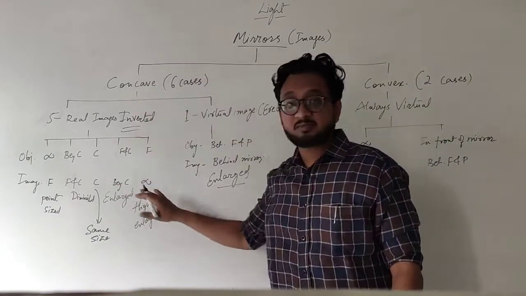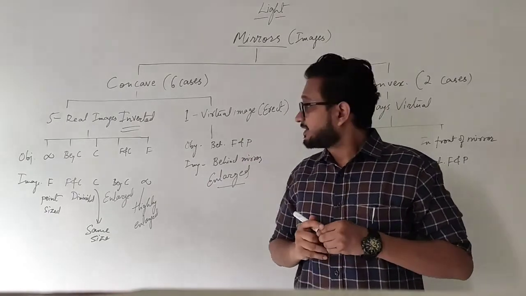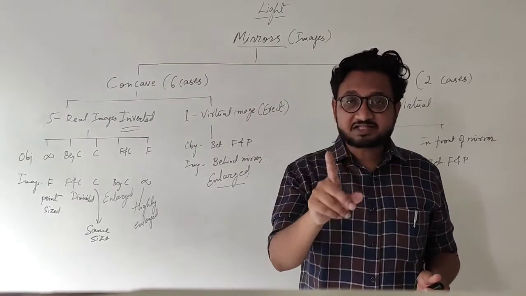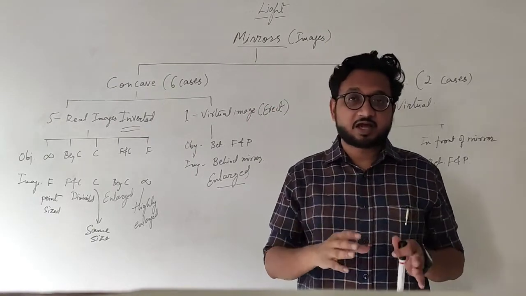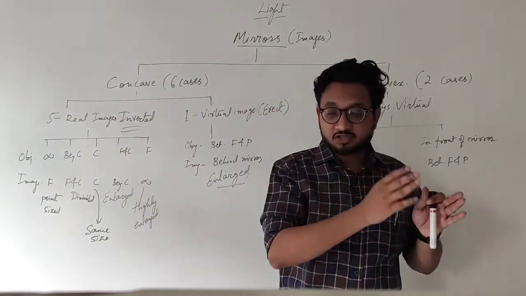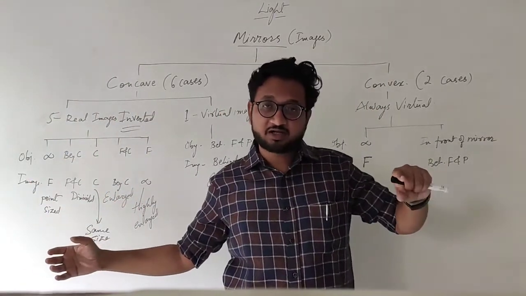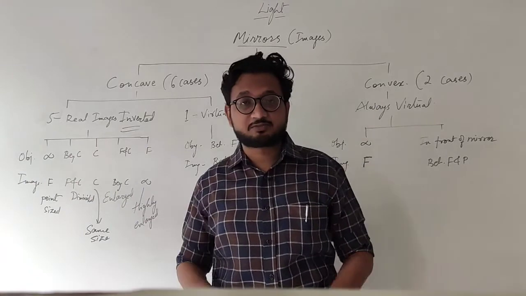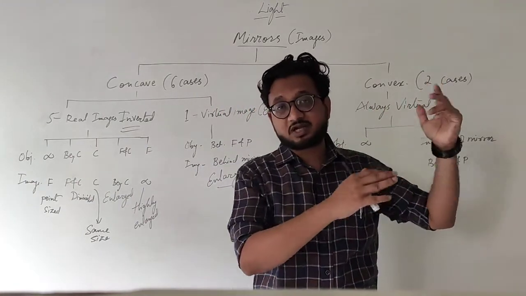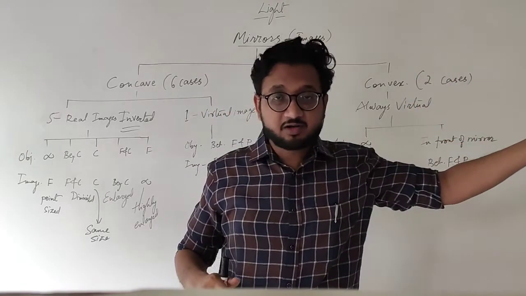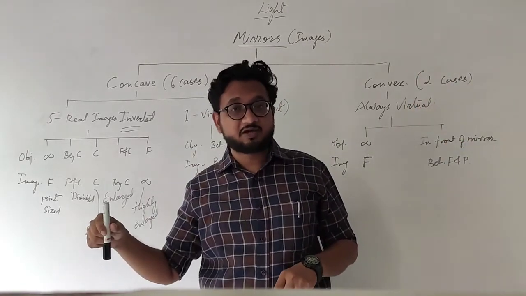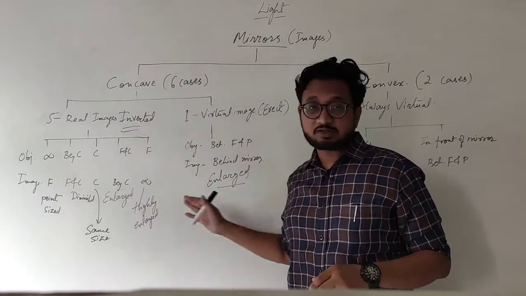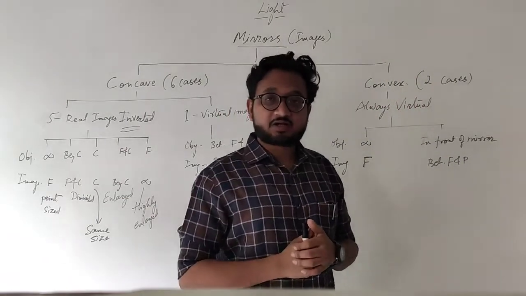So in one particular map we have studied every single thing regarding image formation by a concave mirror. 6 cases in total. In that, 5 are real images. As you bring the object closer, the image will get larger and larger, starting from point size, a little bit larger, same size, larger than object, and then highly enlarged, that is very much larger than the object. And if you bring the object even closer, between focus and pole, then the image will be behind the mirror, virtual and erect. In all the other cases it will be inverted. In the last case it will be virtual and erect inside the mirror. Okay, so we have done all the 6 cases. I hope it is clear to you, students.